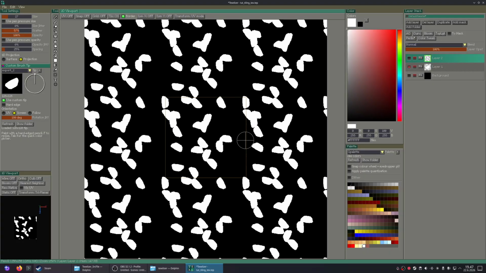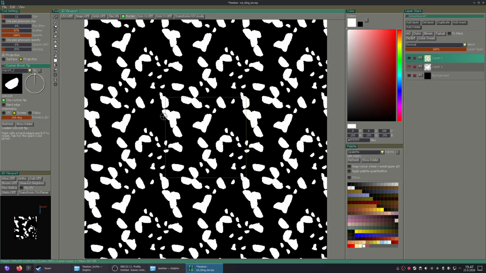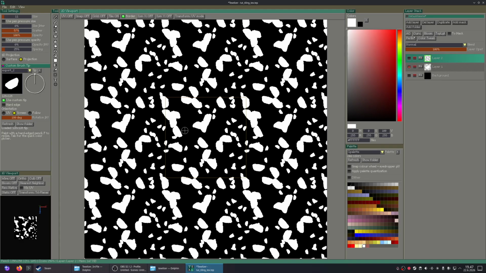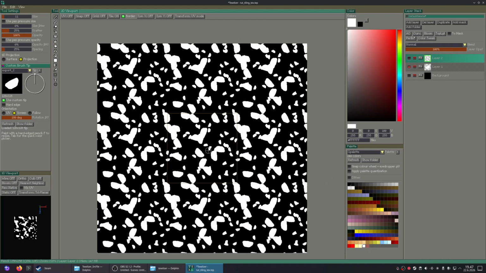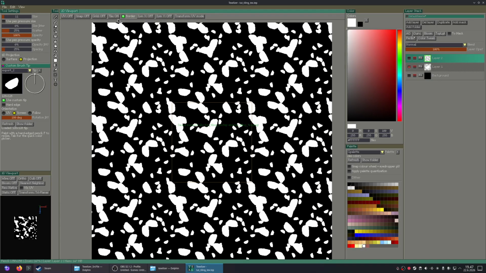So now it just means that all brush strokes that I do here will automatically tile. So you don't have to use the clone tool or anything like that. You can just keep the tiling on and they will tile. And I'll just scatter these stones around a bit. Maybe a bit less scatter. Okay. Well, yeah, that's good enough for me for this tutorial.